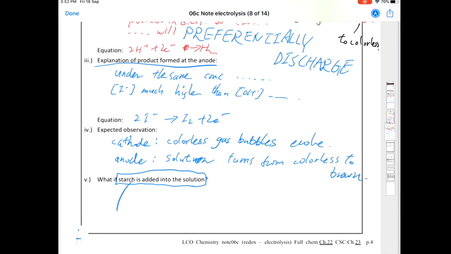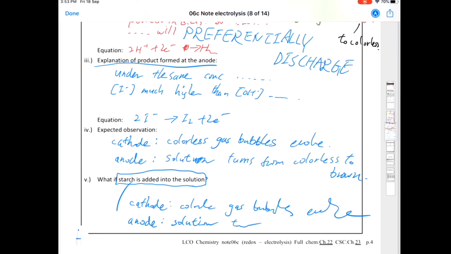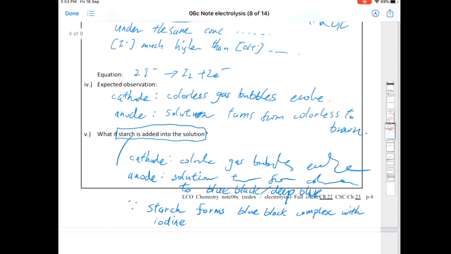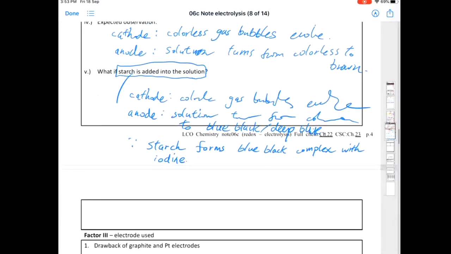So the final color this time will turn into deep blue instead of brown. 咁呢個就係話，如果我喺個 system 入邊，你唔知道啊，究竟佢出嚟嗰隻嘢咧，即係你做 chemical test 最重要啦。